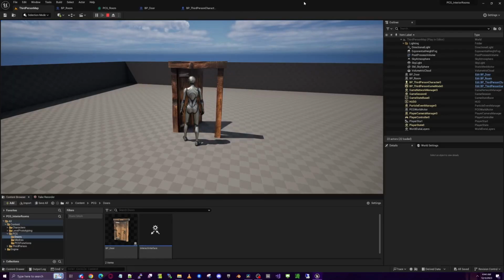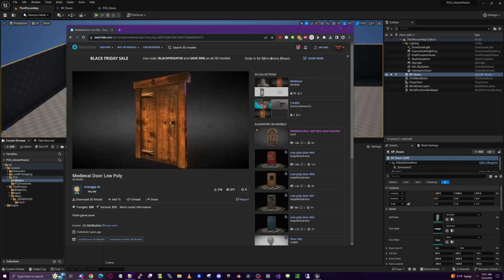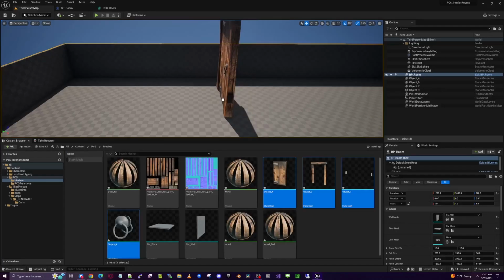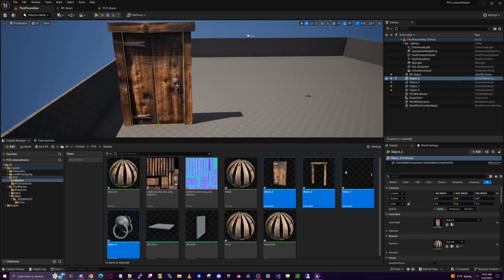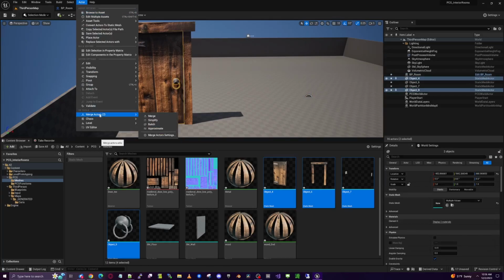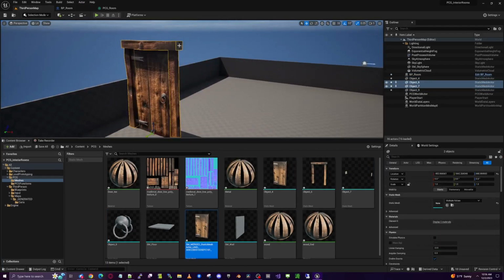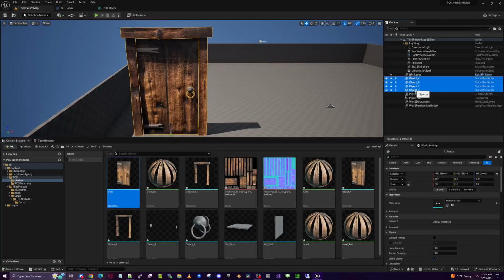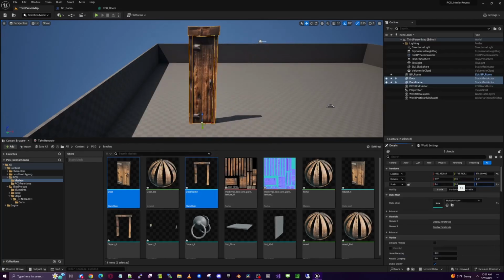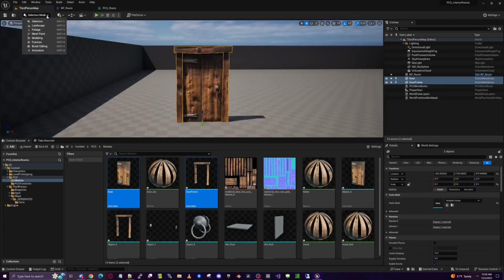A door that opens and closes which you can add to your Unreal game. It's easy to create. Download a door model, GLB format, drag the door parts into your scene, select the door parts, Actor, Merge Actors, Merge, save, repeat for the frame. Delete from the scene, bring the merged objects back in, resize to the correct scale,